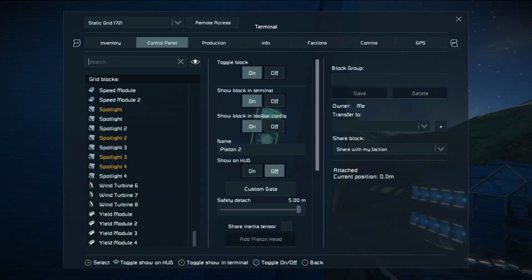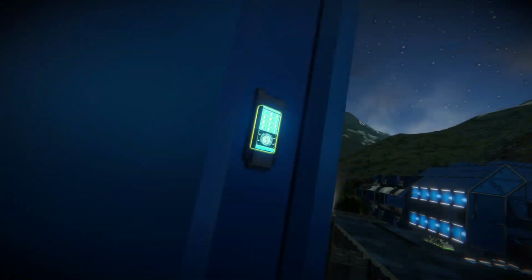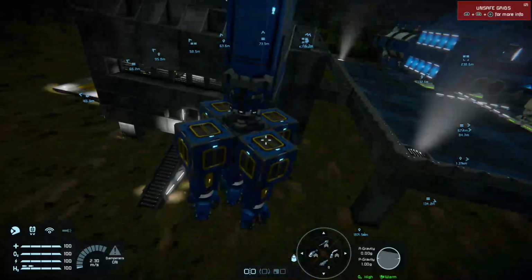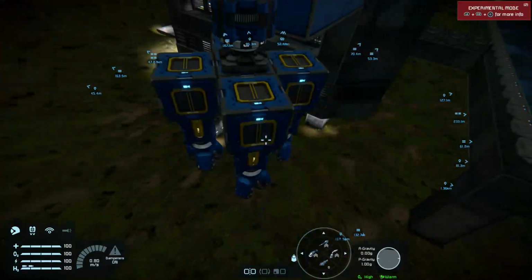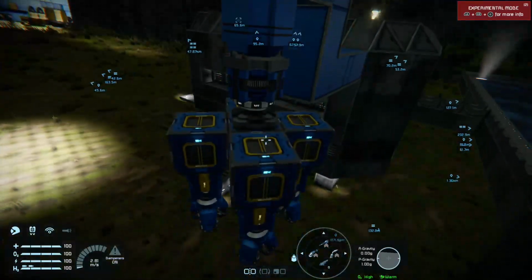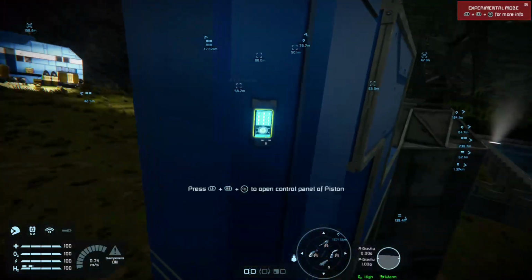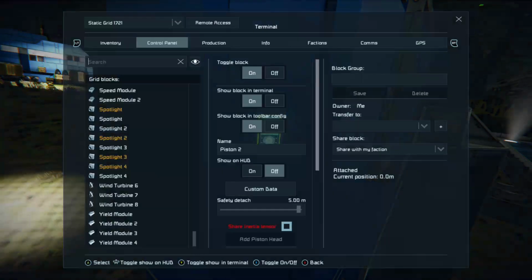Same deal on the piston. Press X on the control panel of the piston. Flick across until you come down with the D-pad, hit shear inertia tensor, back out of the menu, and everything is good. So when that piston extends, you'll find that it will go down perfectly and everything will be good.